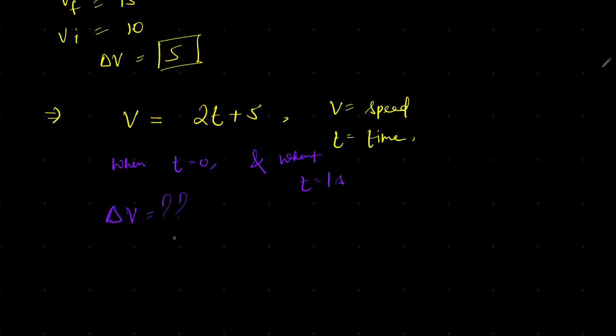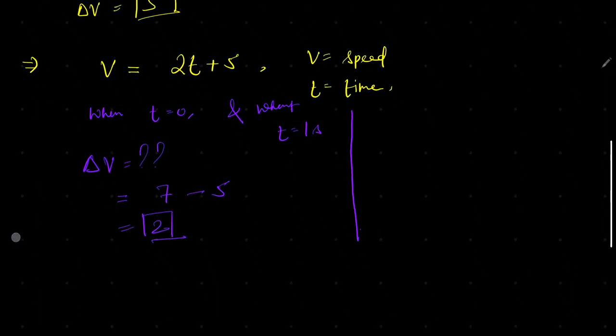Cool. Now you will say, sir, it's very easy. Let's put t equal to 1 here. It will become 7. Let's put 0. It becomes 5. Difference is 2. No problem at all. Now my question changes, that what is the change in the speed when t is equal to 0 and when t is equal to